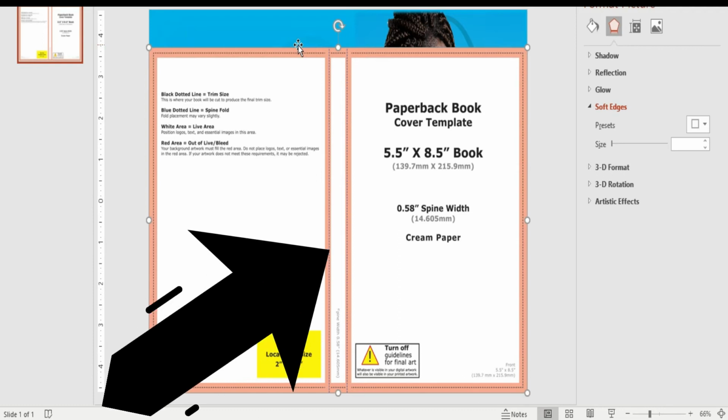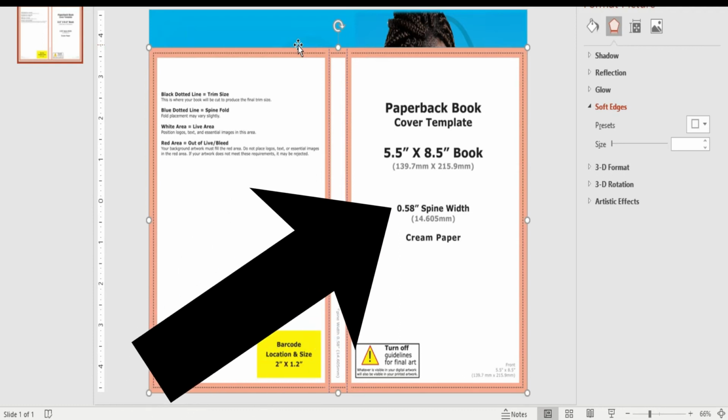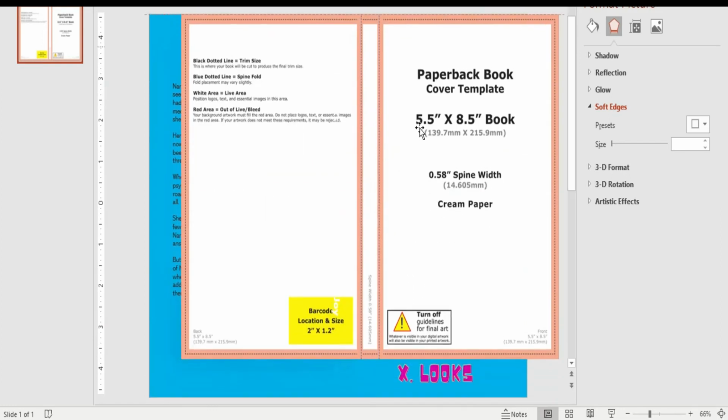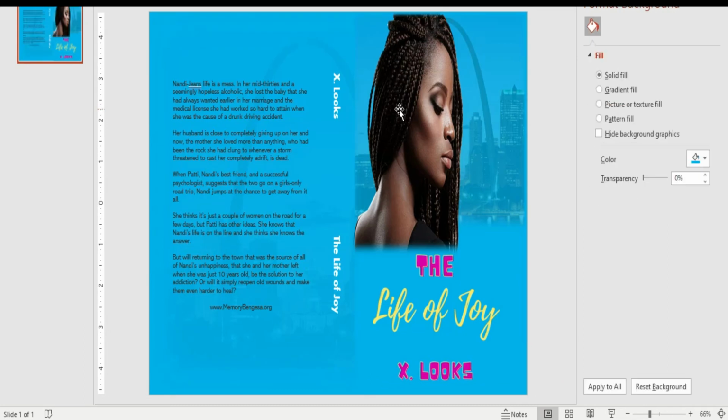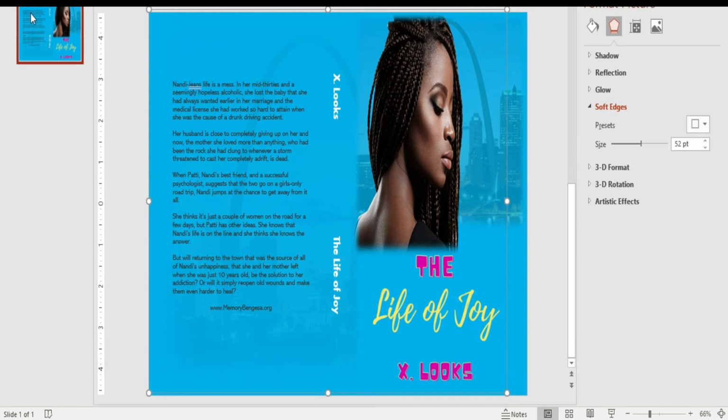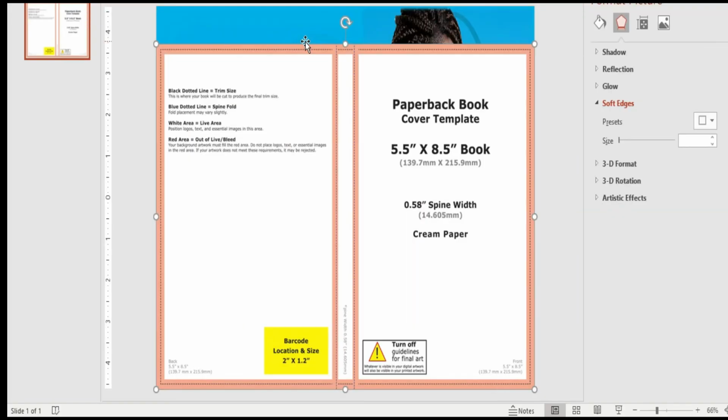All right, folks. So I realized what I did here with the error with the measurements, why it did not align. If you take a look at the spine calculation, it's at 0.58. I did not calculate that into my calculations. However, when you follow me over to Canva, I'll have the correct measurements and you will see me enter the correct measurements. So it's very important to pay attention to the spine measurements when you do your calculations from the calculations sheet from the paperback submission guidelines. When we go to